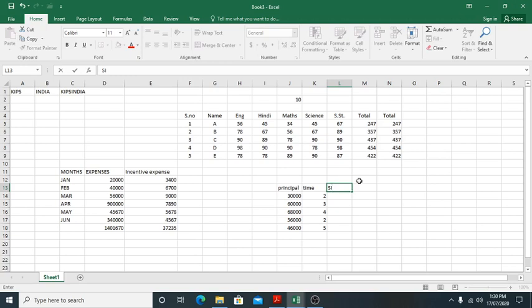Clear, students? Now what we have to do, students? The rate we have written here, this is the cell J2, which means the rate should not be changed. The other ones can change. SI equal sign. What is the address here? J14. Okay, J14 already given.